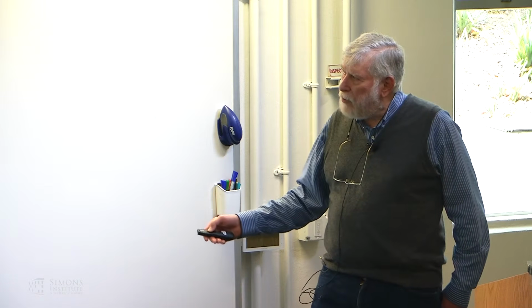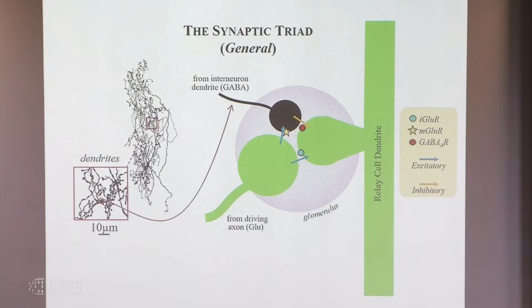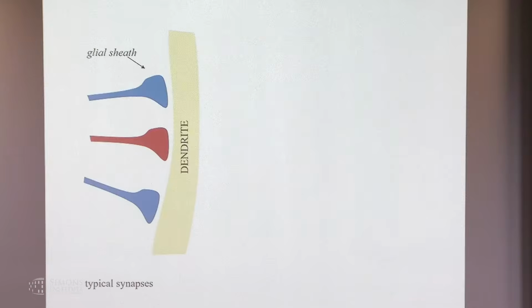I have this sort of purple cloud here. We're calling that the glomerulus, and I'm going to explain why that's also of interest, although very poorly understood. If we look at typical